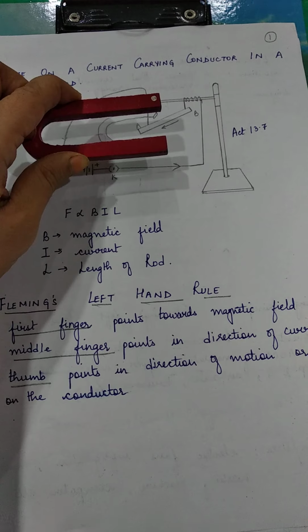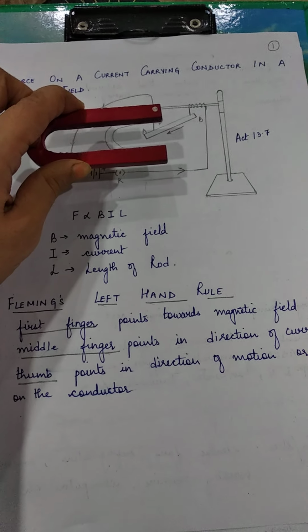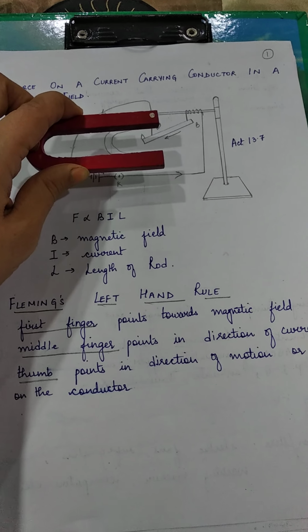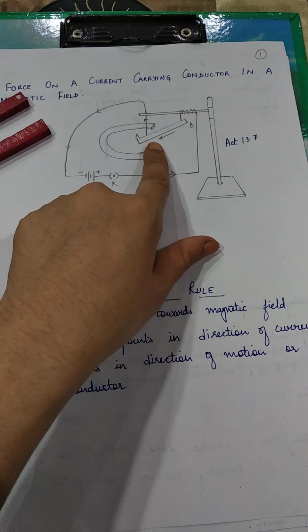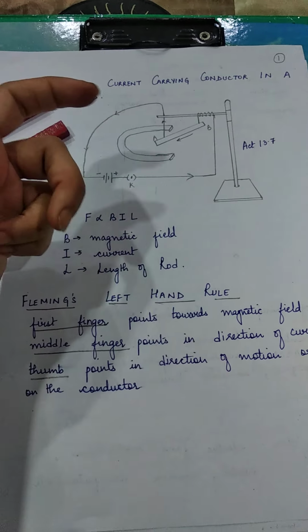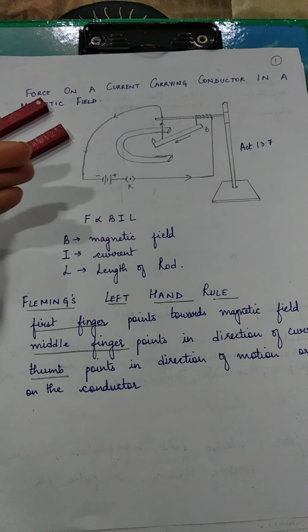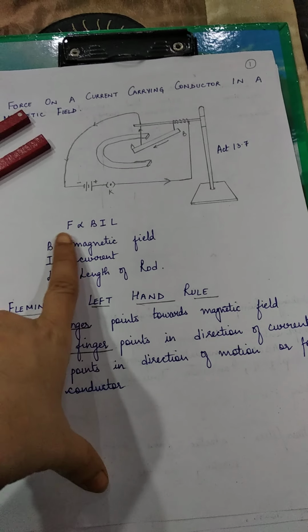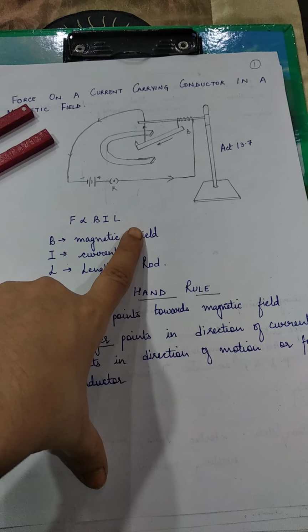As a result of the interaction of the magnetic field created by the external circuit connected to the metallic rod and that of the horseshoe magnet, there will be a displacement in this metallic rod. This displacement is due to the presence of a force. And which force is that? That's a magnetic force, we can say. And this force is always proportional to BIL.